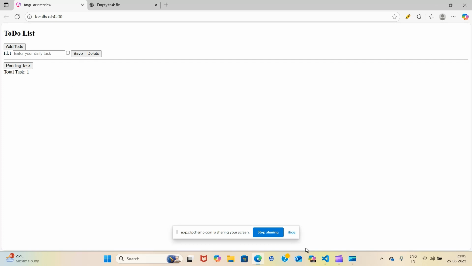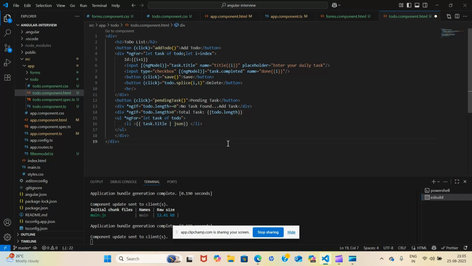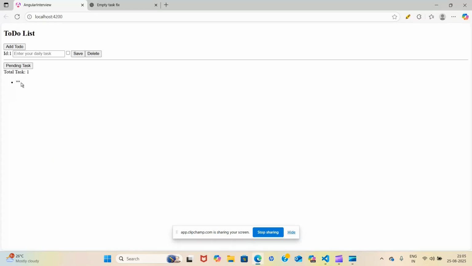So right now we can see that if we save it, in this for loop I am printing this task dot title, when the length is greater than 0. So we can see that this empty double quotation mark is coming, right? But we don't want this.